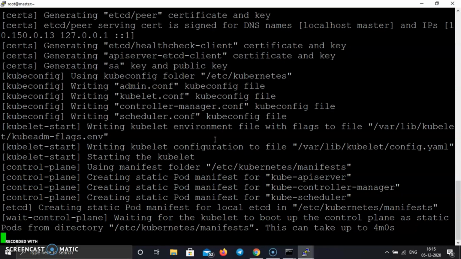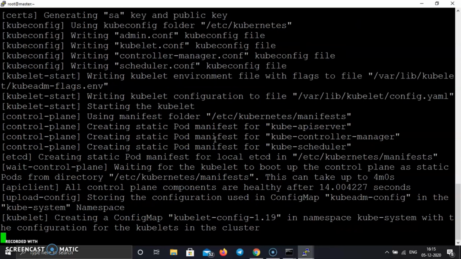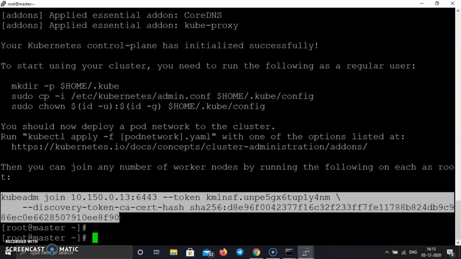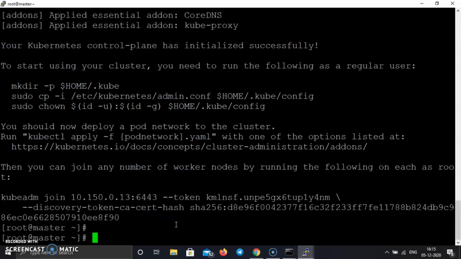We have to run that command in the slave node so that our slave node can join the master node. You can see kubeadm join, we need to run this command in the slave node.